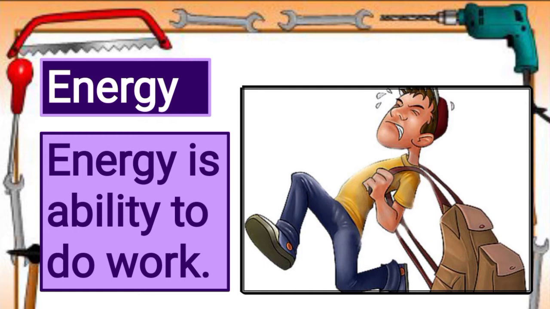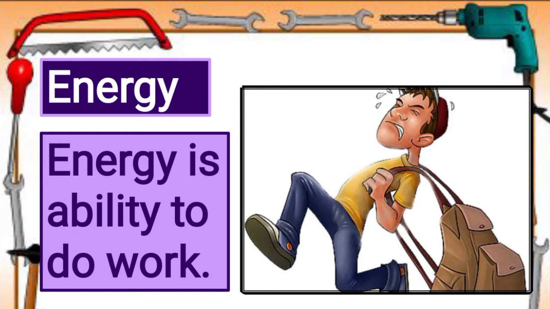So, energy is the ability to do work. We need energy to do everything, right from basic activities such as walking, reading, and talking, even to difficult tasks such as lifting, carrying, and climbing. So, energy exists in various forms such as chemical, mechanical, heat, light, electrical, magnetic, and sound. Even we can change energy from one form to another.